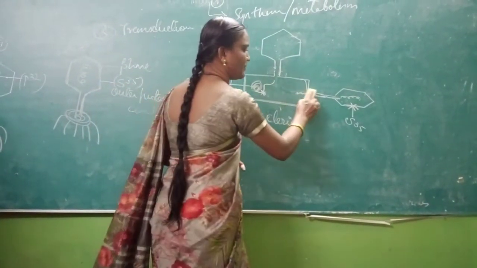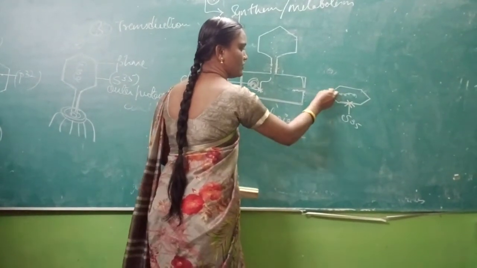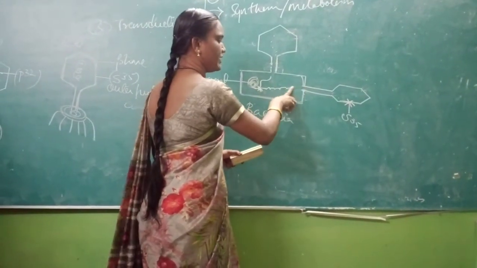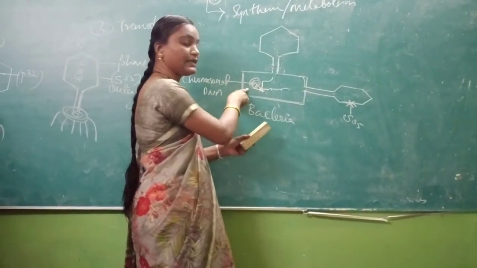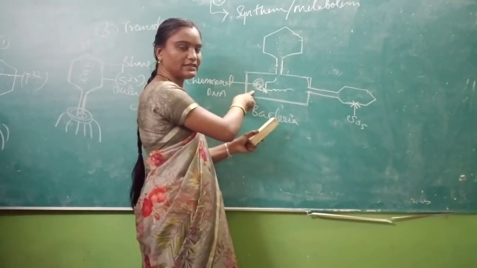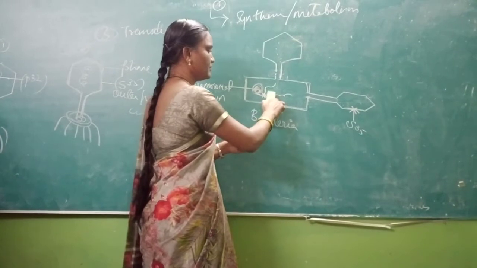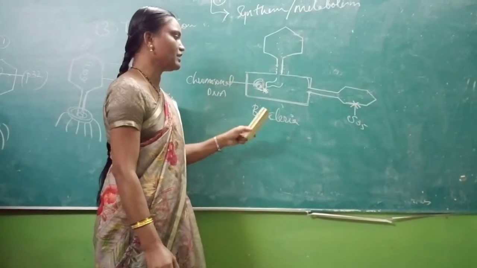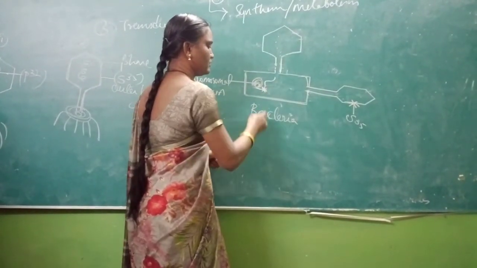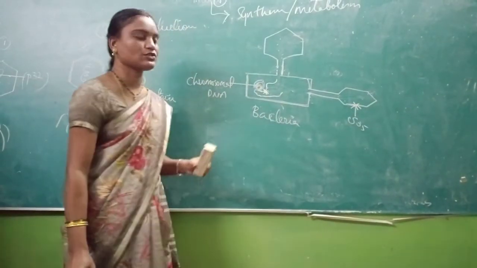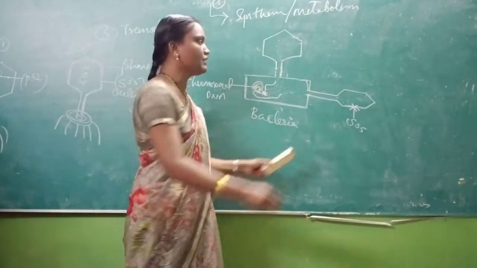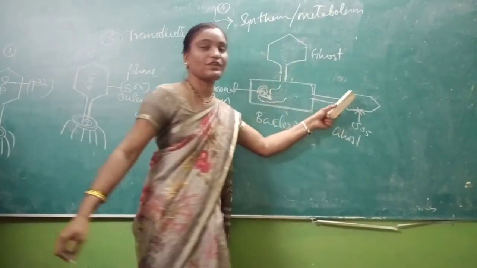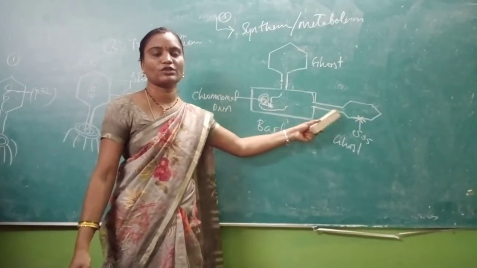So again the same thing happened with your phage 2 DNA molecule also. This has also totally entered, and it is also getting metabolized with the bacterial cell, and this is normal DNA. Did you get me? Next, this is radio labeled, and this is normal DNA. This is phage 2, and the outer protein coats are left, so this is known as host. So the outer protein coat without phage DNA, the empty protein coat, is known as host.